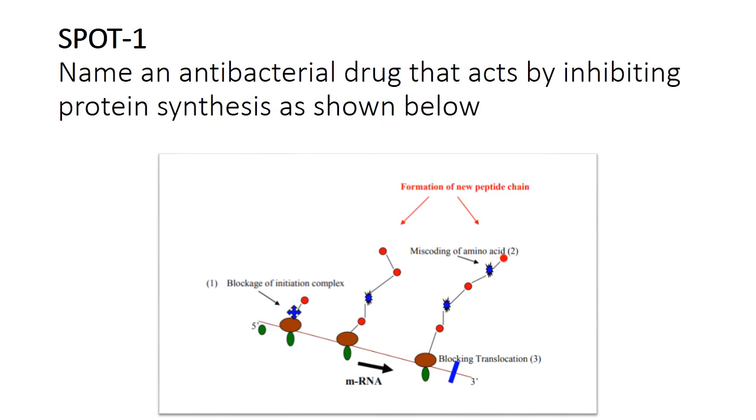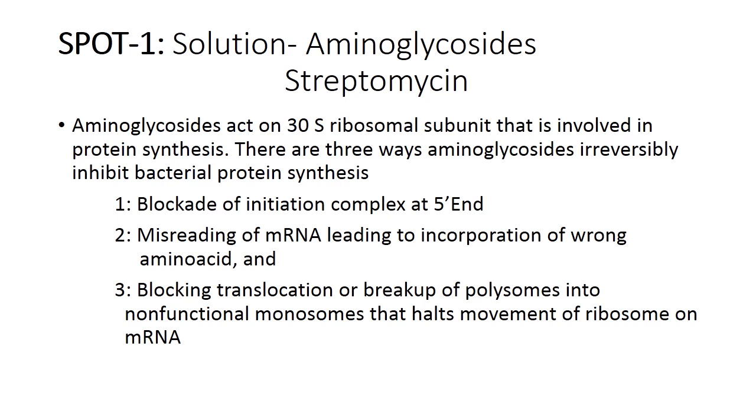Now, looking at the pictorial, it appears that there is involvement of amino acids serially, and there is some drug that blocks more than one step. Aminoglycosides act on 30S ribosomal subunits which are involved in protein synthesis, and the three steps where they are acting